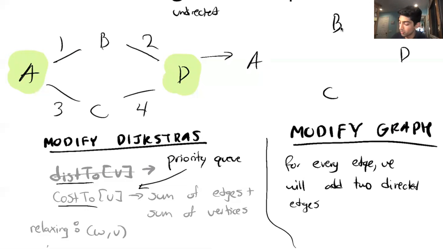Okay, so take this edge, AB, we will split it into 2 directed edges, right? That's essentially what an undirected edge is. Now what we're going to do is, in order to get to B, intuitively, we have to spend cost 1. In order to get to B, we use cost 1 plus the weight of B. So to all incoming edges,